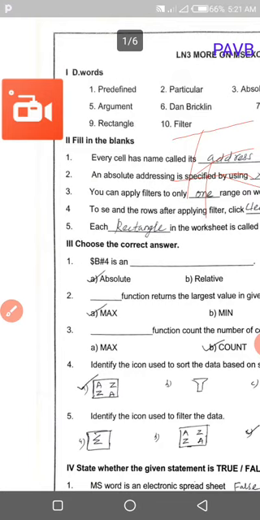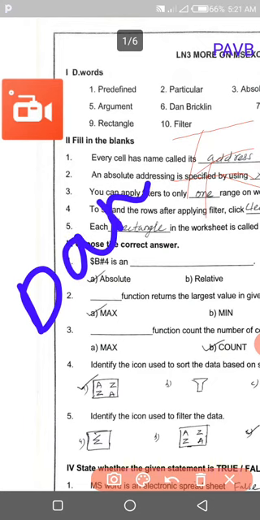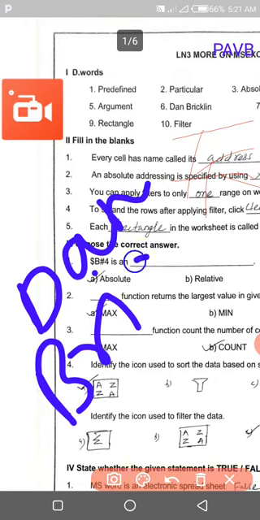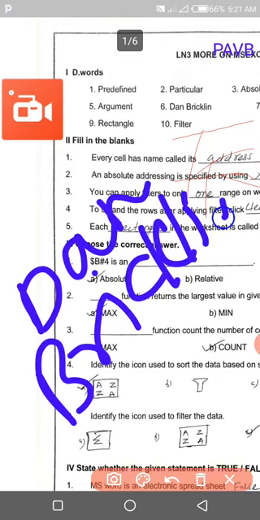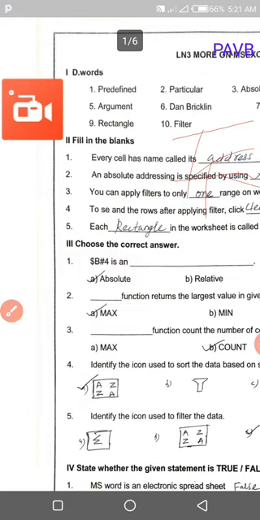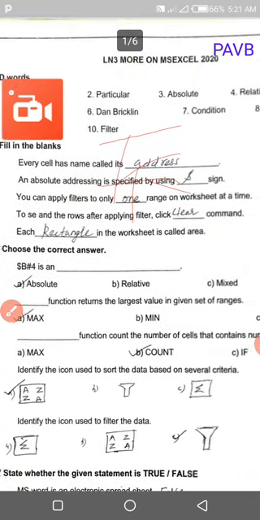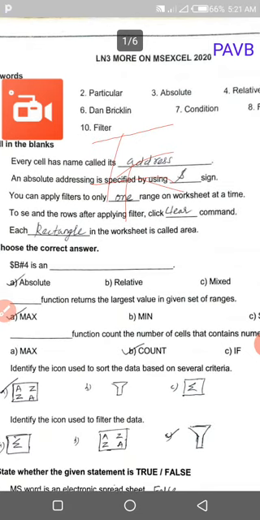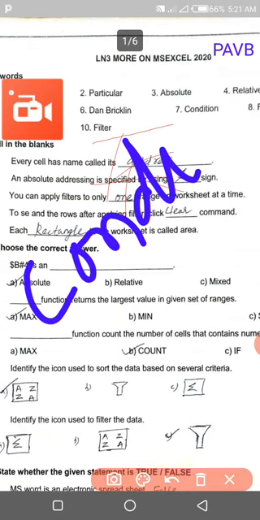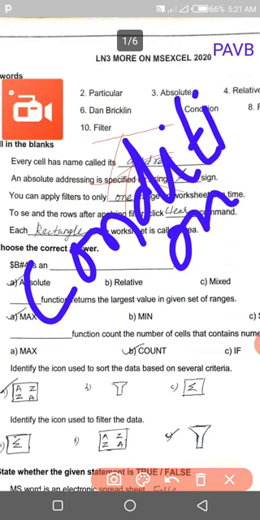Fifth one, Dan Bricklin. BRICKLIN, Dan Bricklin. Next word is condition. CONDITION, condition.